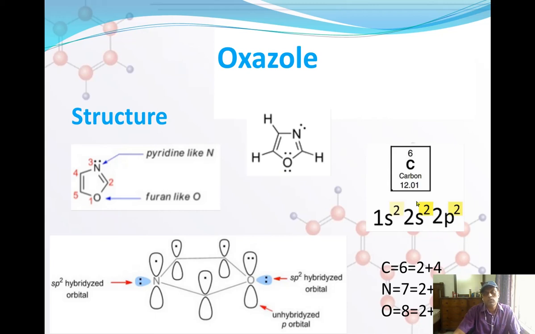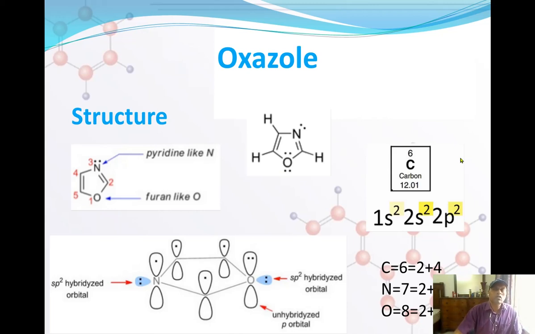So here sp2 hybridization takes place, means 1s and 2 p orbitals get hybridized, but the pz orbital is going to be left as it is. It won't get hybridized,